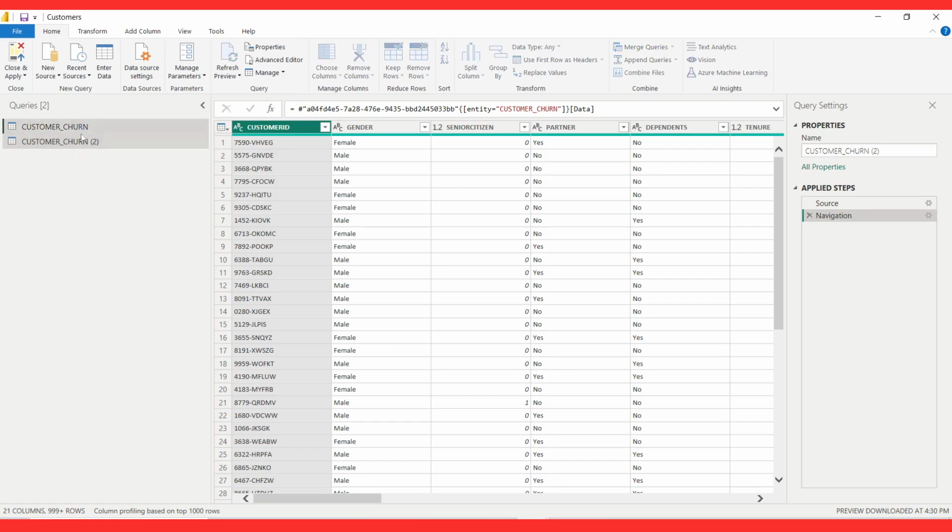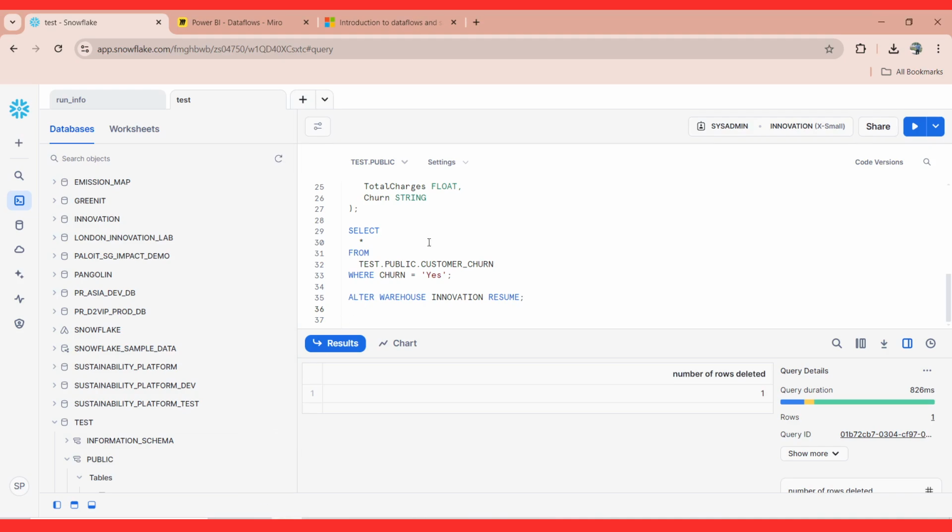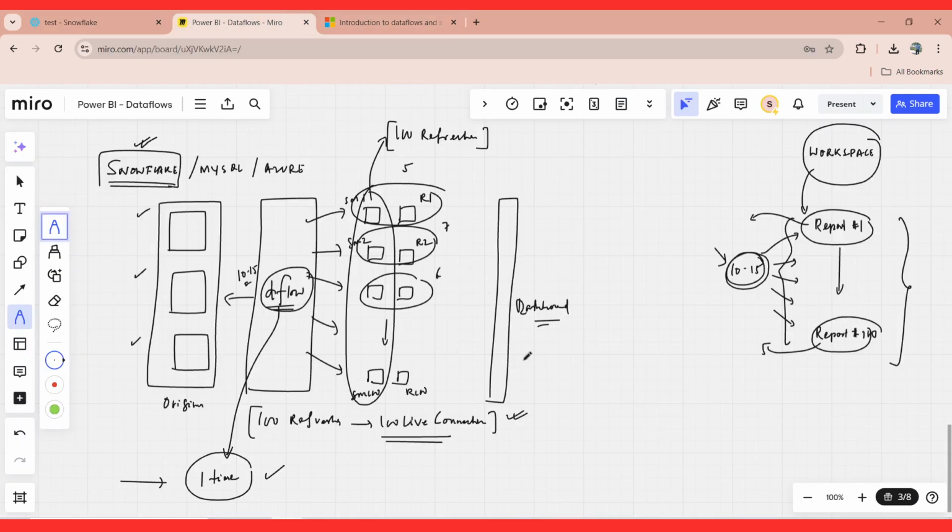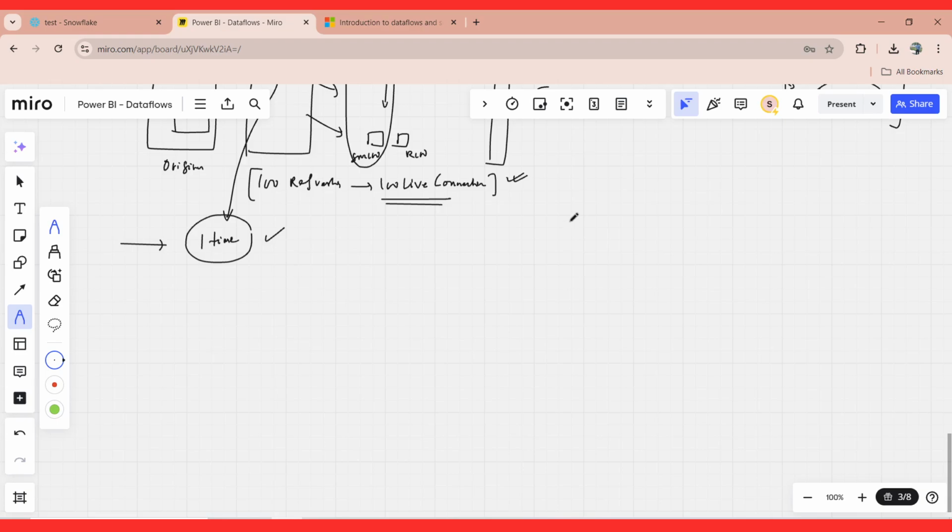Now in my case, I just have one report. In case you have multiple reports, you have to select multiple tables, right? So imagine you have multiple tables here. It will look like this in your Power BI. Let's say you have query 1, query 2, query 3. Imagine you have 3 queries, and you have to take all of these 3 queries. Now these are your data flows data source, and these are your original Snowflake data source,